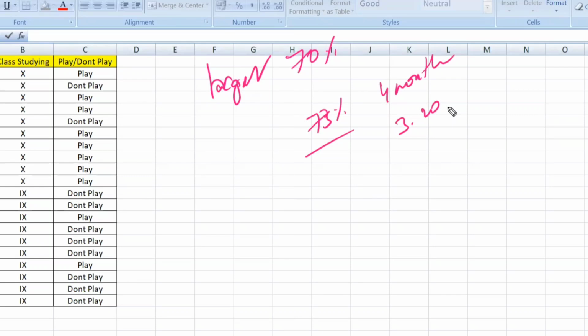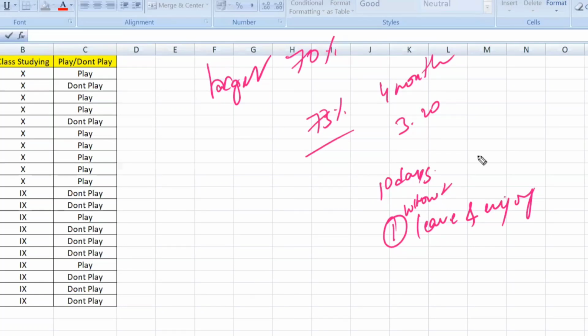Still 10 days are left for you. Option 1, with the balance 10 days, you can take leave and enjoy. Or without taking leave, sit in the company and enjoy, watching YouTube and chit-chatting.